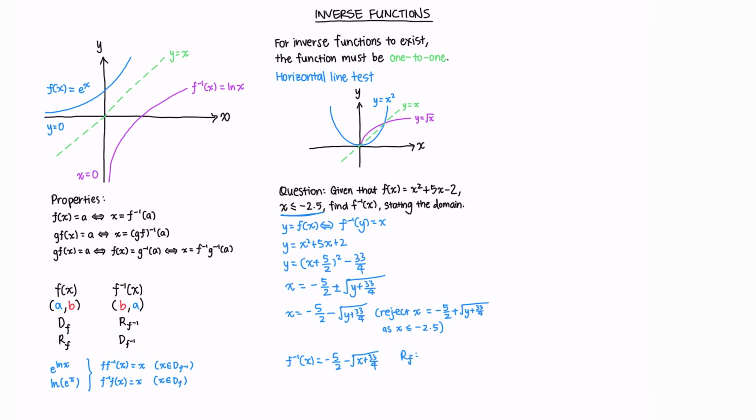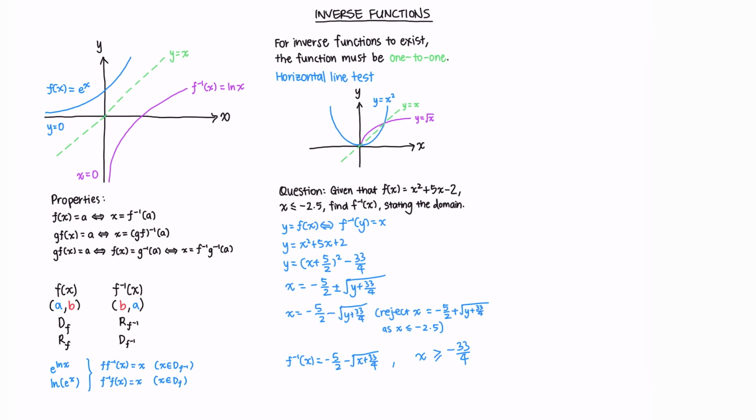We know that x is less than or equal to negative 2.5, and this is actually your minimum point. So your range of f will just be this entire thing from this point onwards upwards. So when x equals negative 2.5, we get that y will be equal to negative 33 over 4. So y has to be more than or equal to negative 33 over 4. So this also means that your domain of f inverse is just x is more than or equal to negative